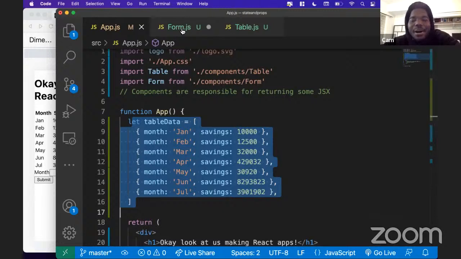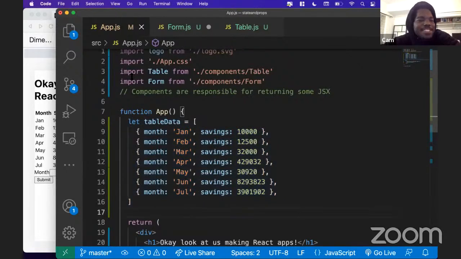And passing the data, well, that sounds like props. So we're going to need to think a little bit more about how we're going to use props and how we're going to use data in order to make this all possible, right? And so that, my lovely friends, is